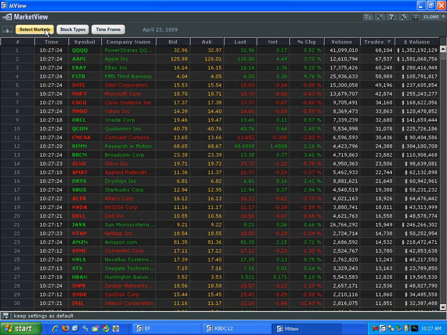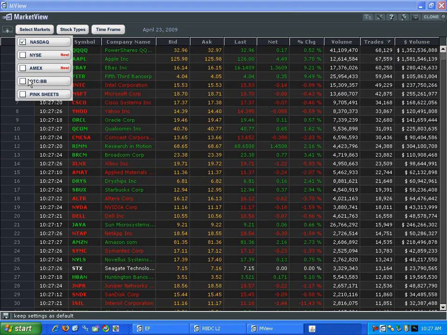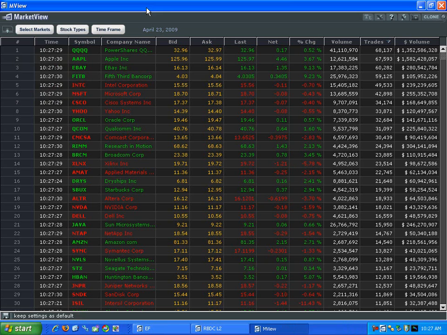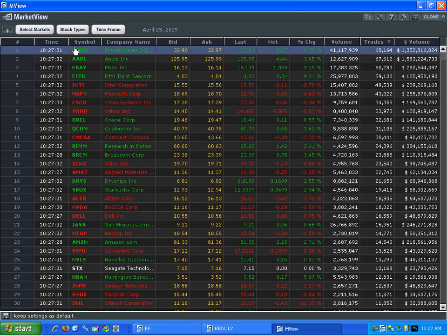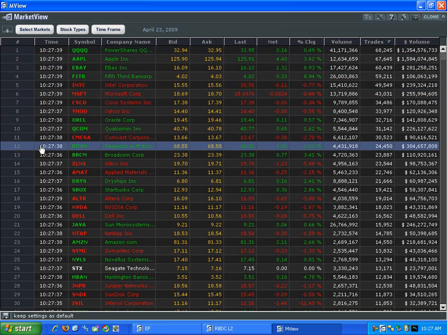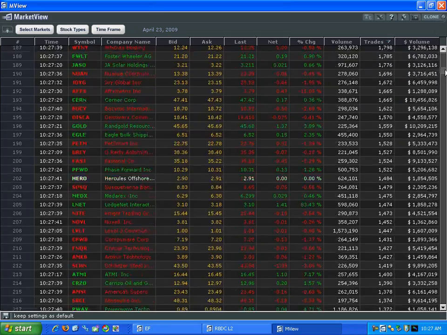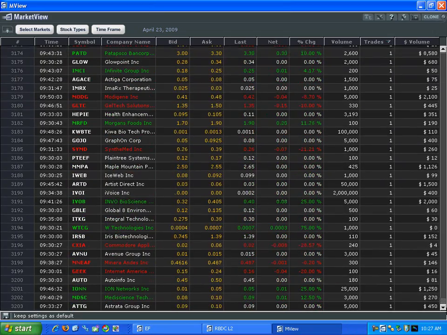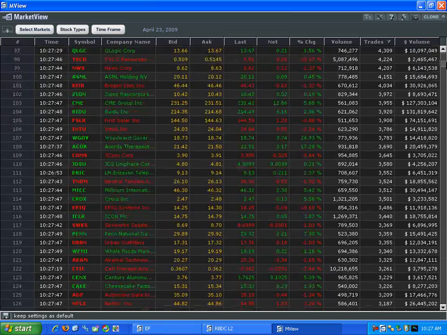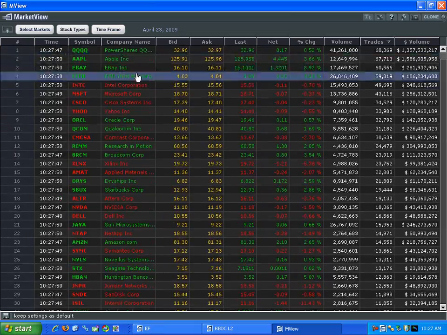Let's say we want to add a stock market. Let's say we want to add the OTCBB. We simply just check the box, and now we have all the data for NASDAQ and OTCBB. Look over here on the left side, the number of stocks that we have. This is now showing over 3,200 stocks, all of which can be arranged by various columns or criteria that we would like to have